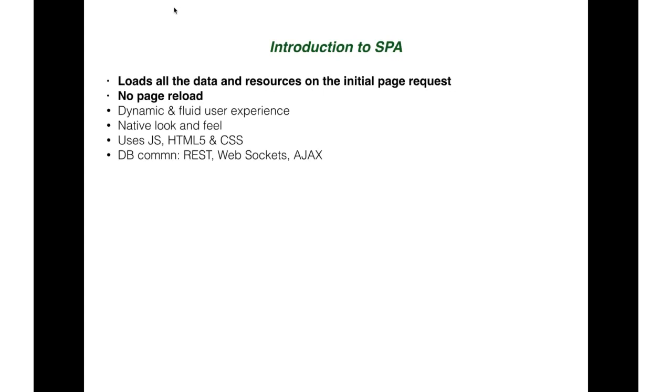So this allows you to communicate with the database and rely on a combination of all these technologies to make the server requests in the background without having to refresh the page.